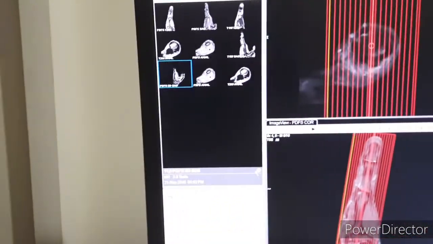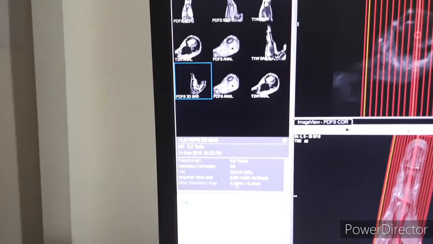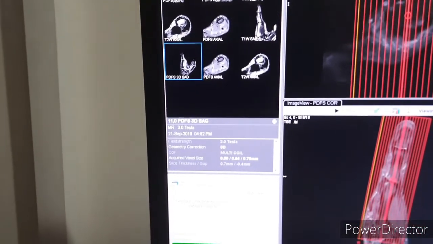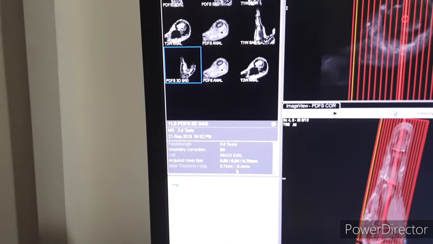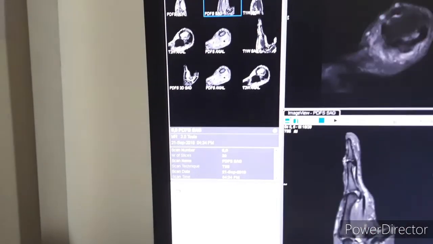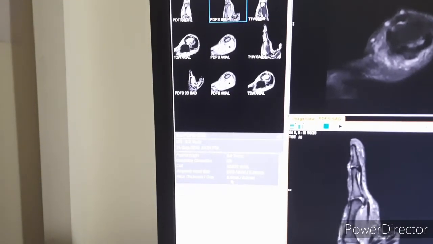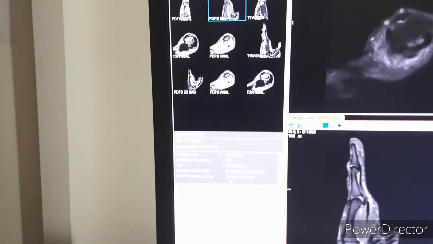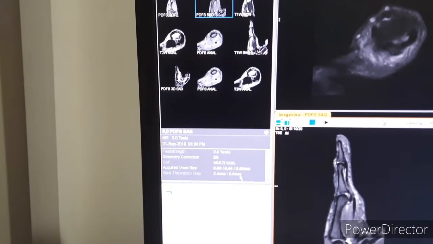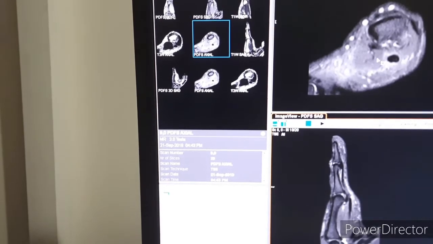I'll tell you the slice thickness of PDFS sagittal. This is 0.7 mm of slice thickness and minus 0.4 mm of gap, but in routine PDFS sagittal we have kept it 2.4 mm of slice thickness and 0 mm of gap, because we are doing it for the small part.